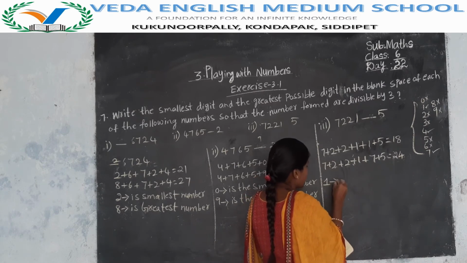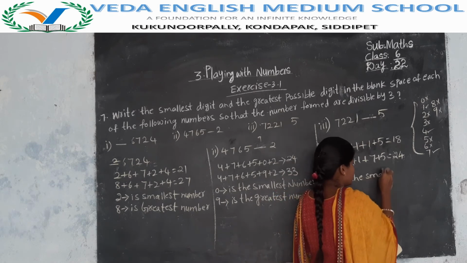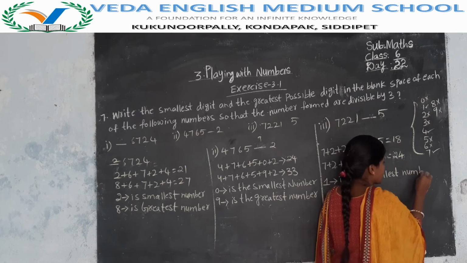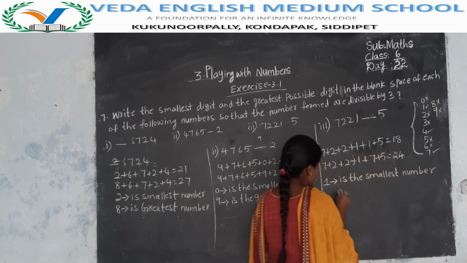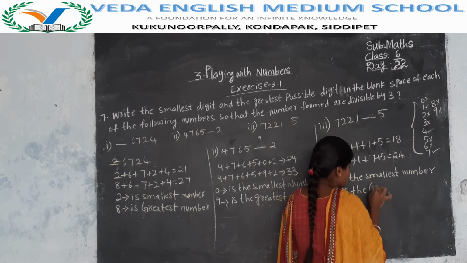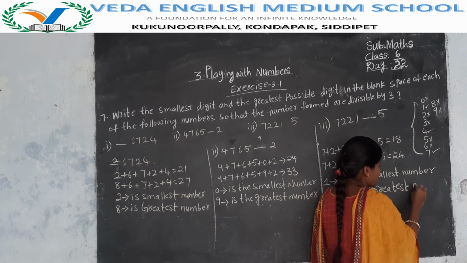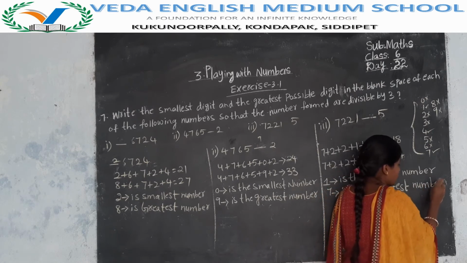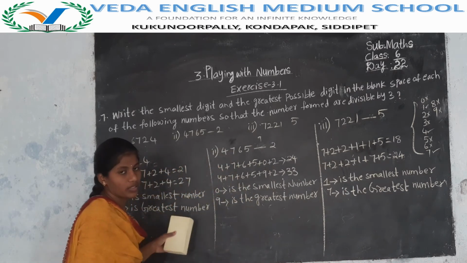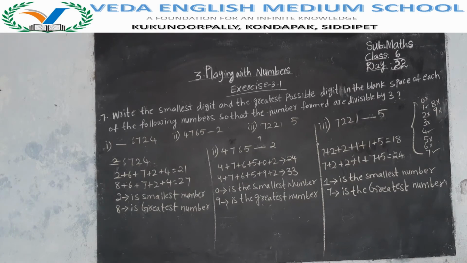1 is the smallest number. Seven is the greatest number. Seventh problem has completed. You have to write like this only. Next, eighth problem also is there. The eighth question is